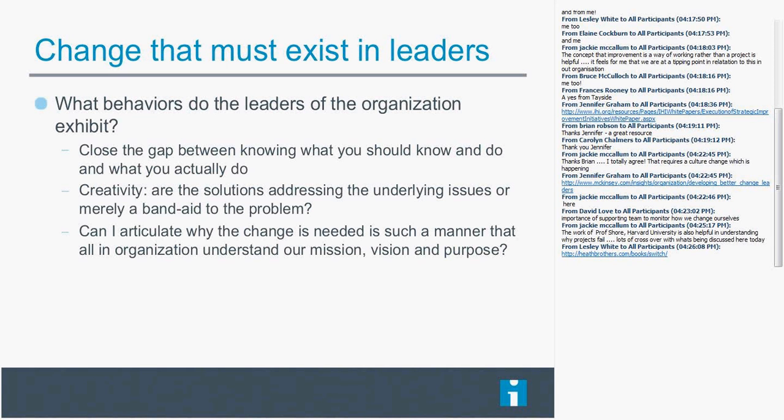The other aspect about improvement is that oftentimes the solutions that we pick to problems might be more complicated than the problems we're trying to solve. And many of our solutions may be just band-aids to a broken system. So truly, one of the things that leadership has to do is to constantly guide the people who are doing the improvement work to dig deeper.